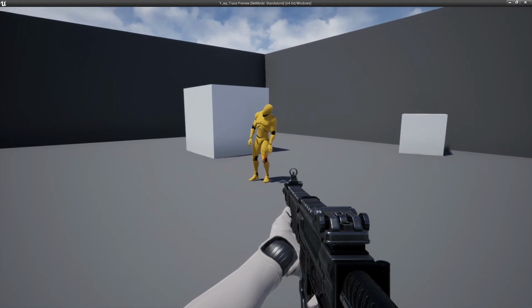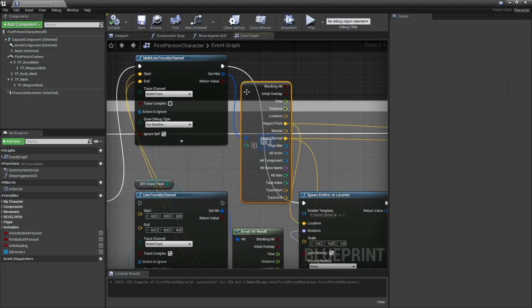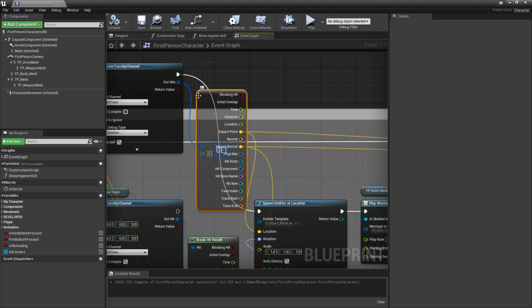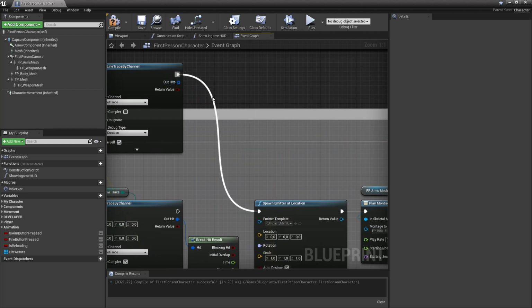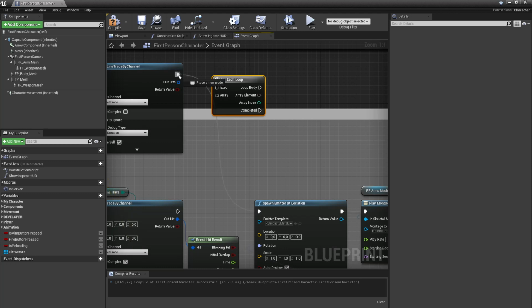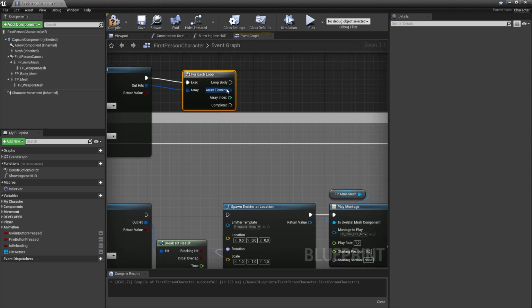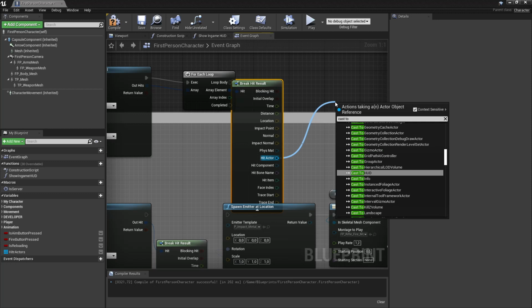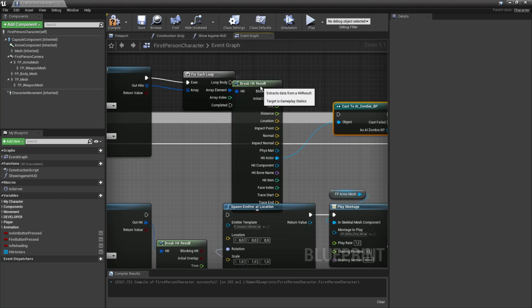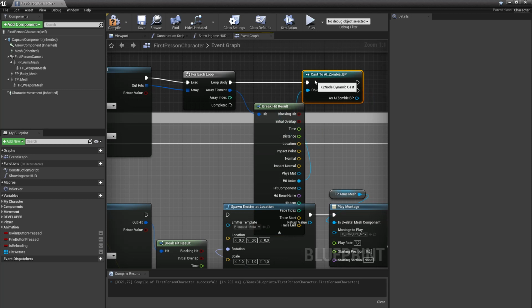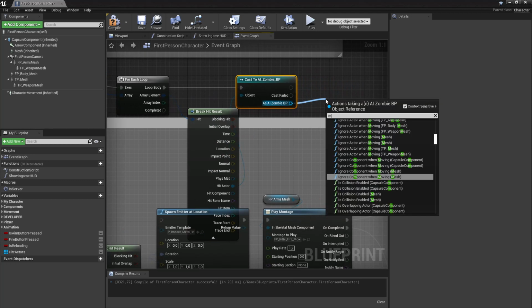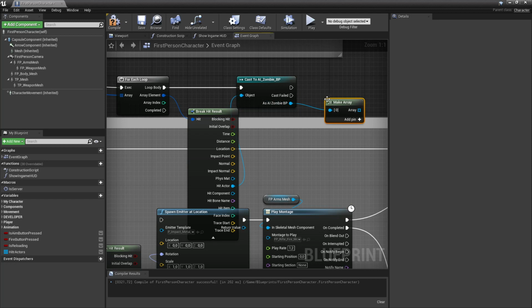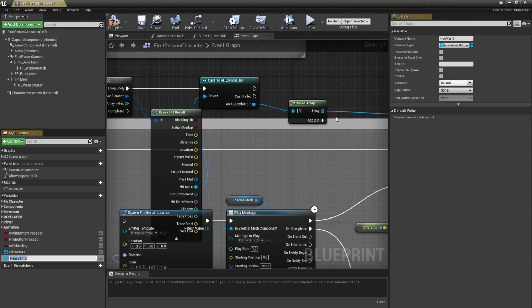If you use multi-line traces, you might want to filter out the same actors. So for example, you get the hit actor array over here. So you could do something like add a for each loop and then break the hit result. So let's check if we hit a zombie or not. So cast to zombie, plug that into the loop body, and then we're going to make an array. Promote this to a variable, call this hit zombies, maybe all hit zombies,